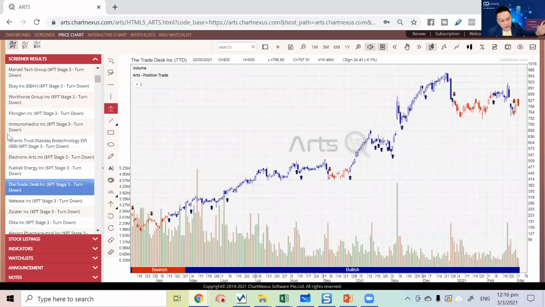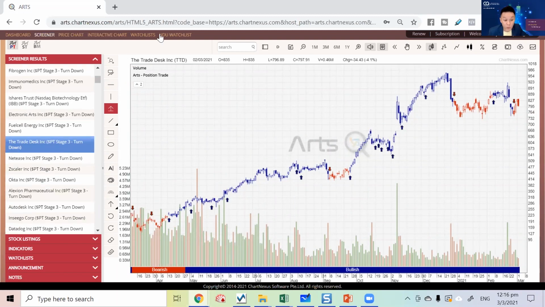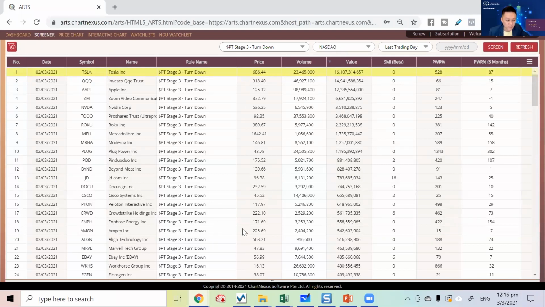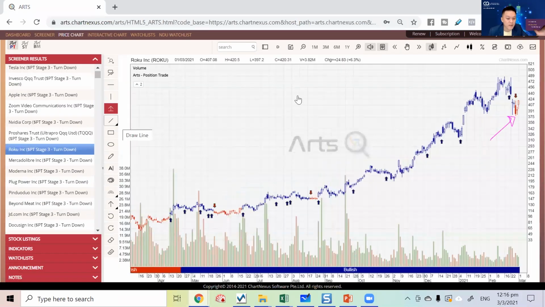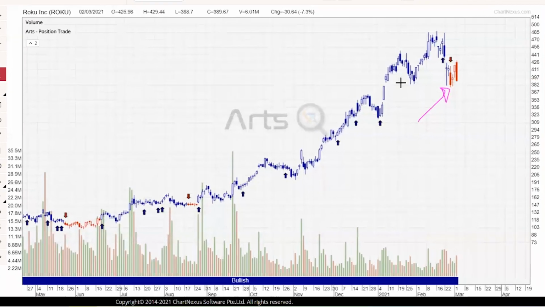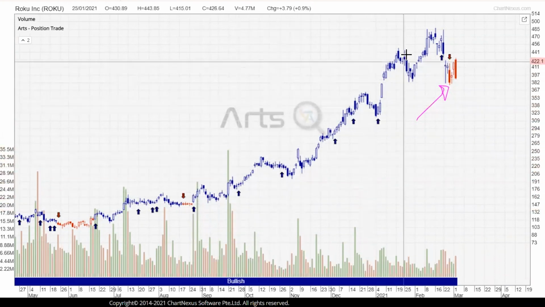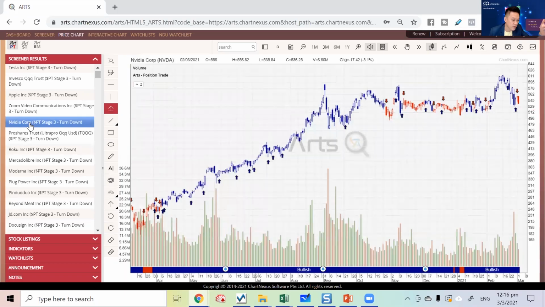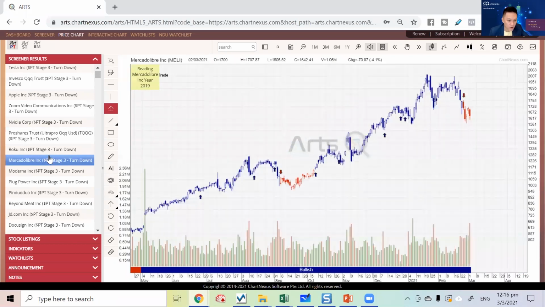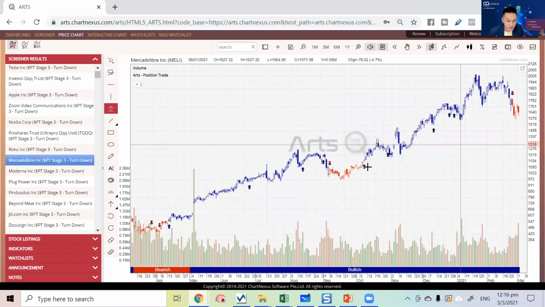So you can see that for the US market right now, it's actually quite weak, especially the tech sector. The tech sector is already getting into a correction, and this is the start of a correction. All these stocks were initially up and blue and nice, and recently all of them together turned red. Nvidia, Apple, Tesla, Mercado Libre. All these are big companies. All these are good companies.